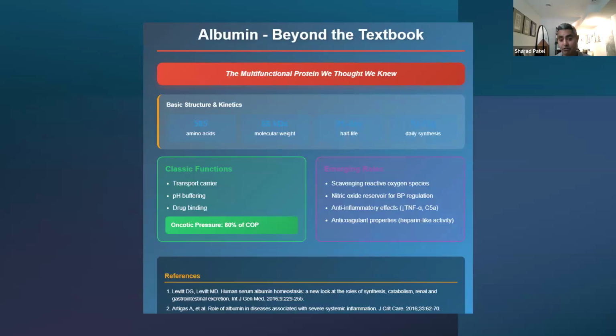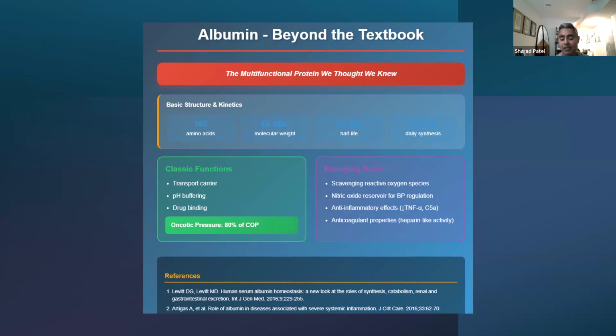So it's a multifunctional protein. So the common concept, I remember going through medical school, I'm thinking about albumin as a purely oncotic protein, right? It's the most predominant protein in the body, and it's 80% of colloid osmotic pressure. So it does have a big effect on this. It's a transport carrier. So, for example, Lasix. Lasix is predominantly albumin bound. So in patients with nephrotic syndrome, diuresis is a little bit more difficult because less Lasix is actually being delivered